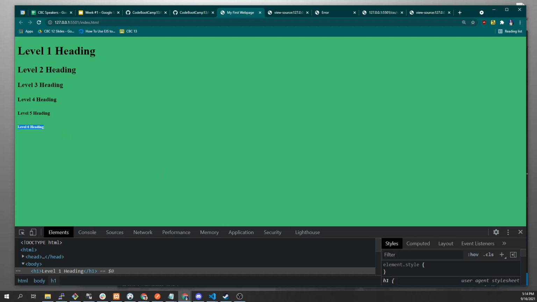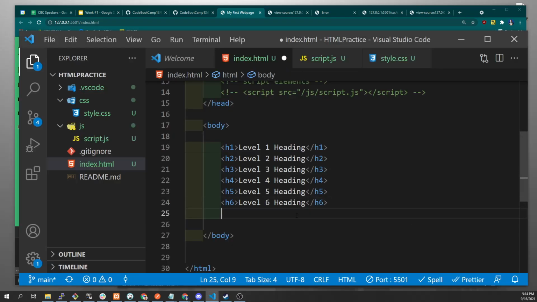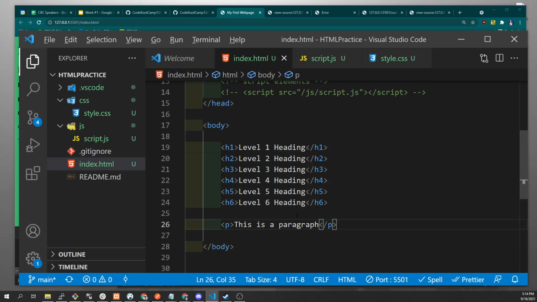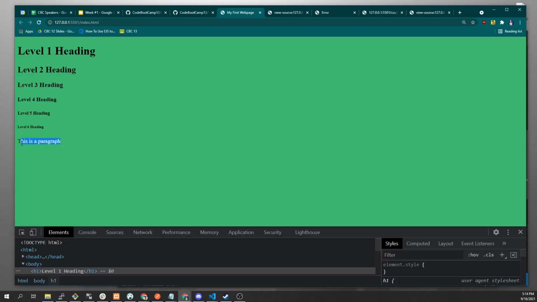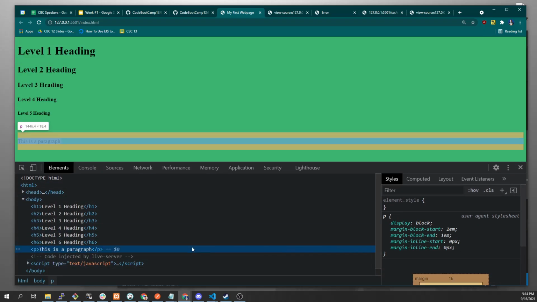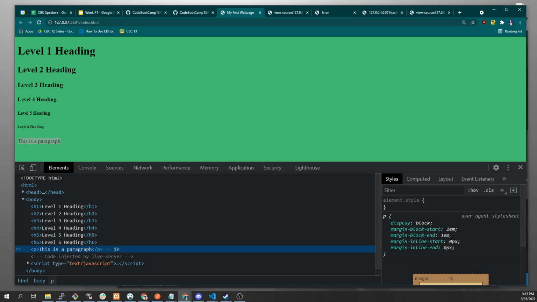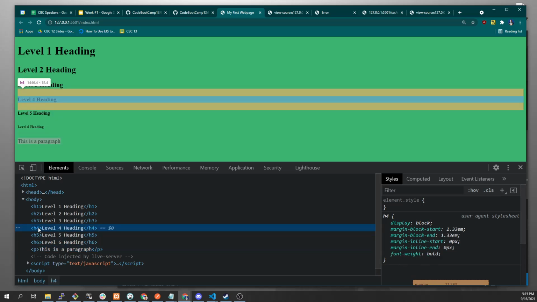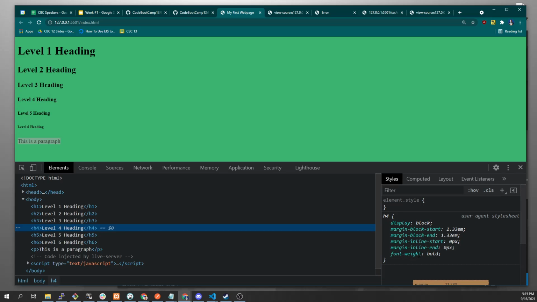So let's write a paragraph in here right now and just take a look at that, right? So we'll say, paragraph. This is a paragraph. Yeah, and so you can see paragraph kind of looks like, to me, just at a glance, it's probably about the same size as the level 4 heading. Maybe we can verify this. All right, so the paragraph tag doesn't even have a font size defined. Okay, yeah, so a level 4 heading doesn't have a font size defined either, so they're both using the default